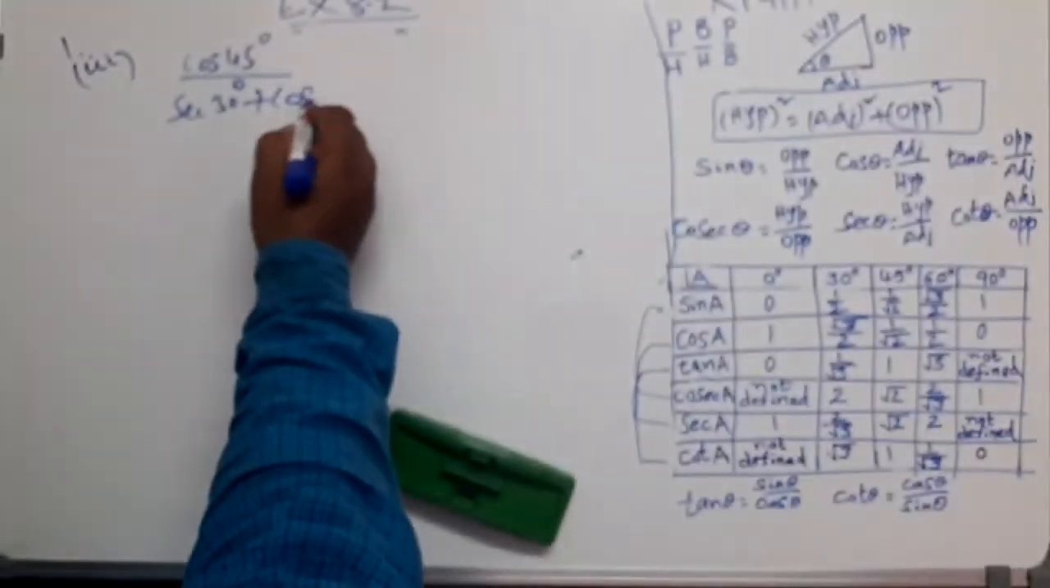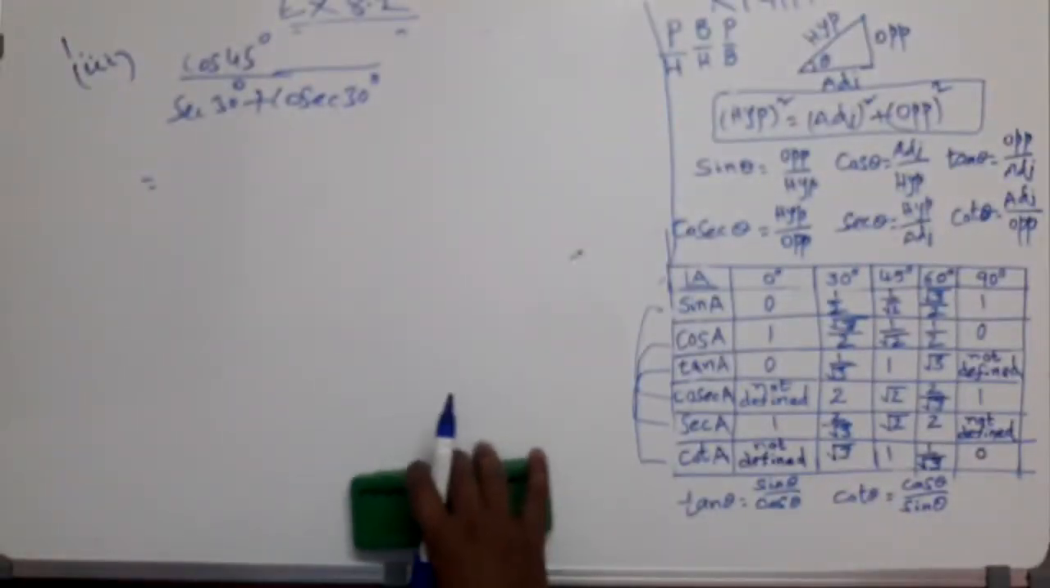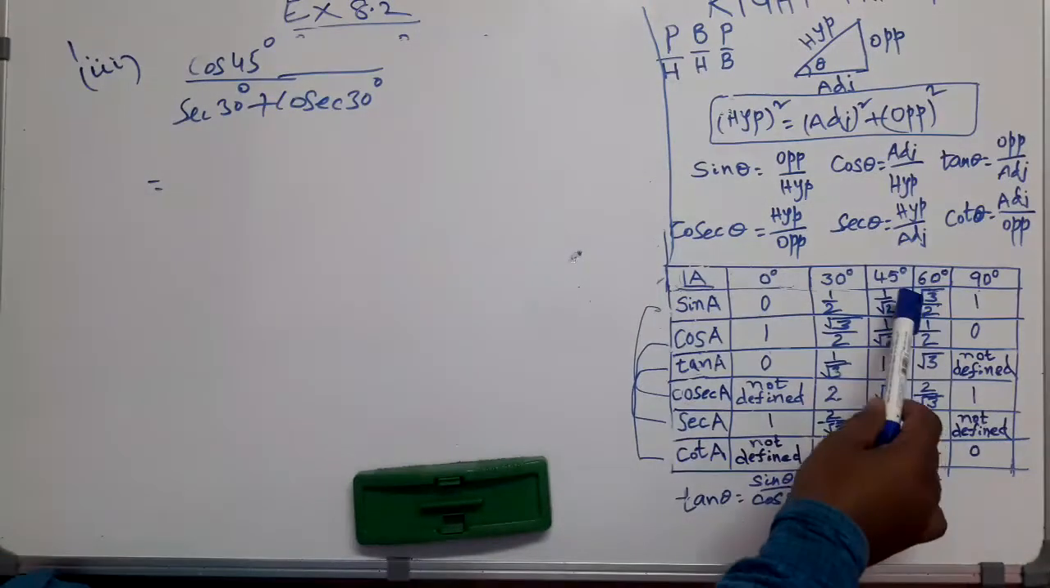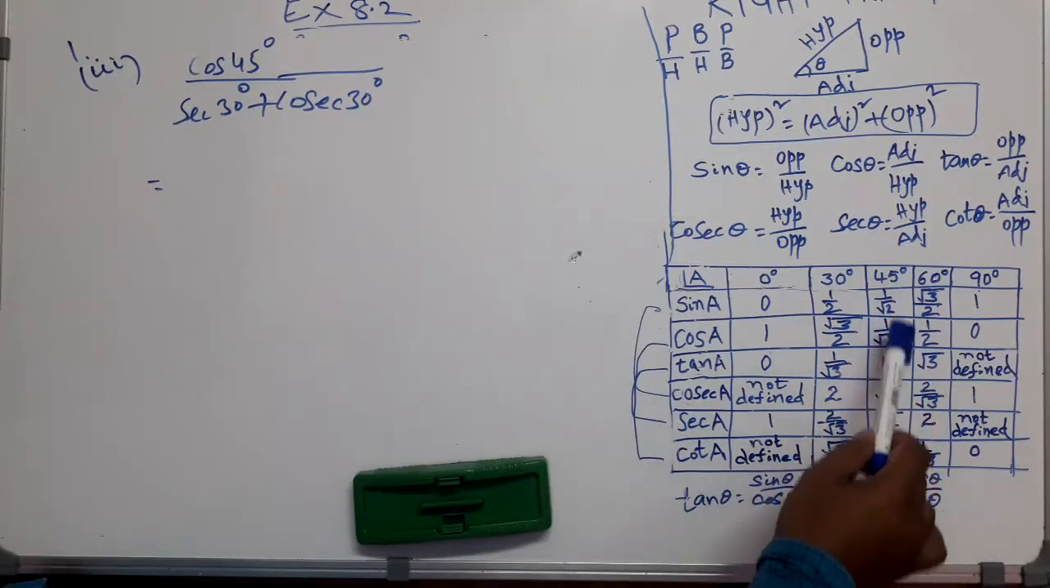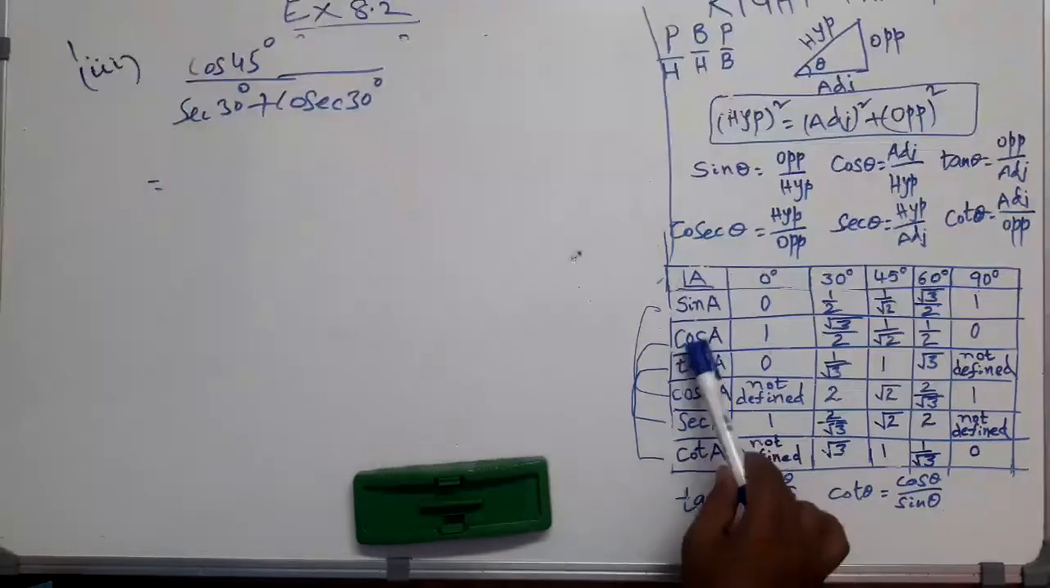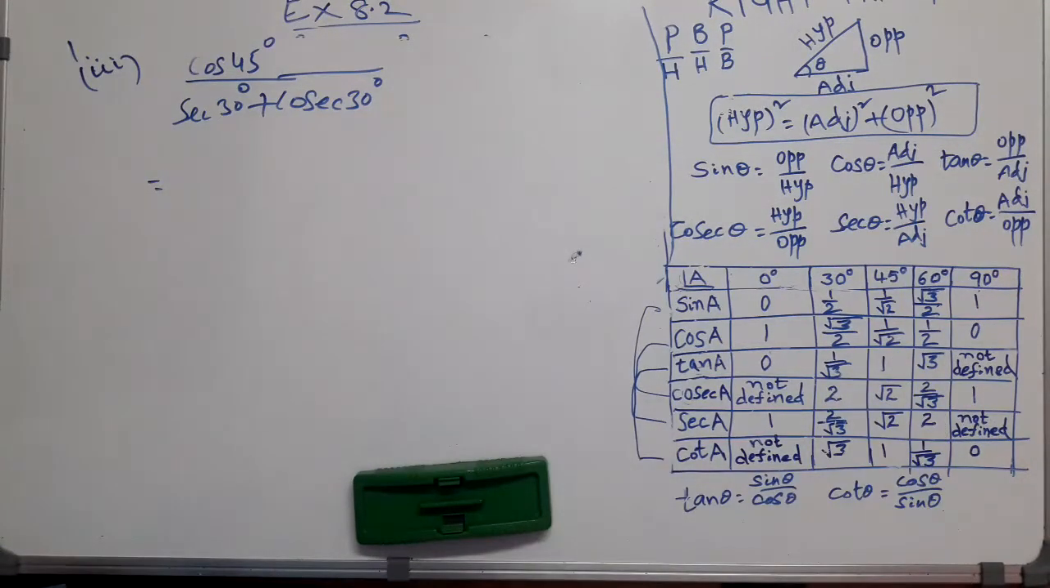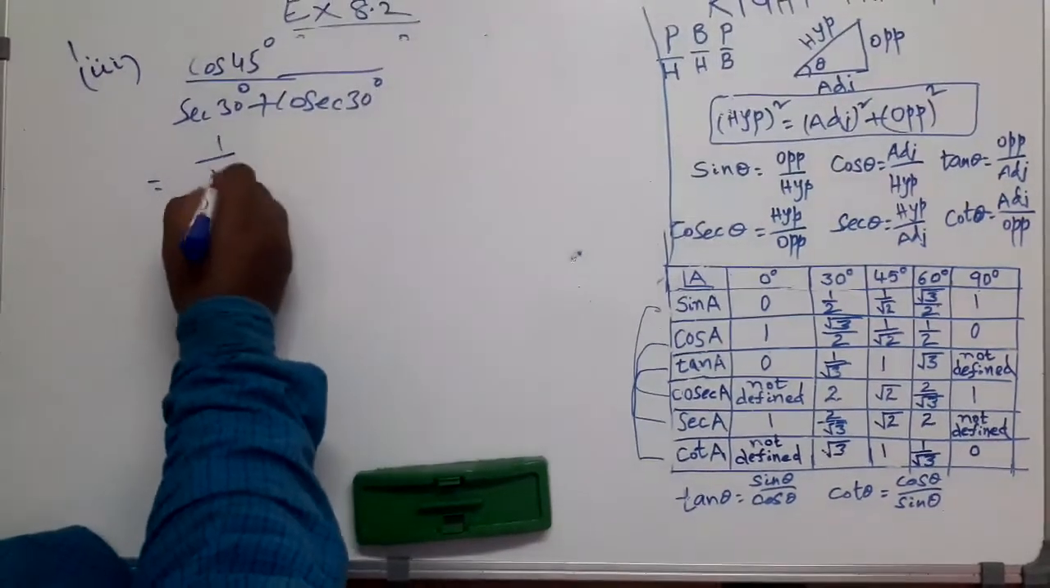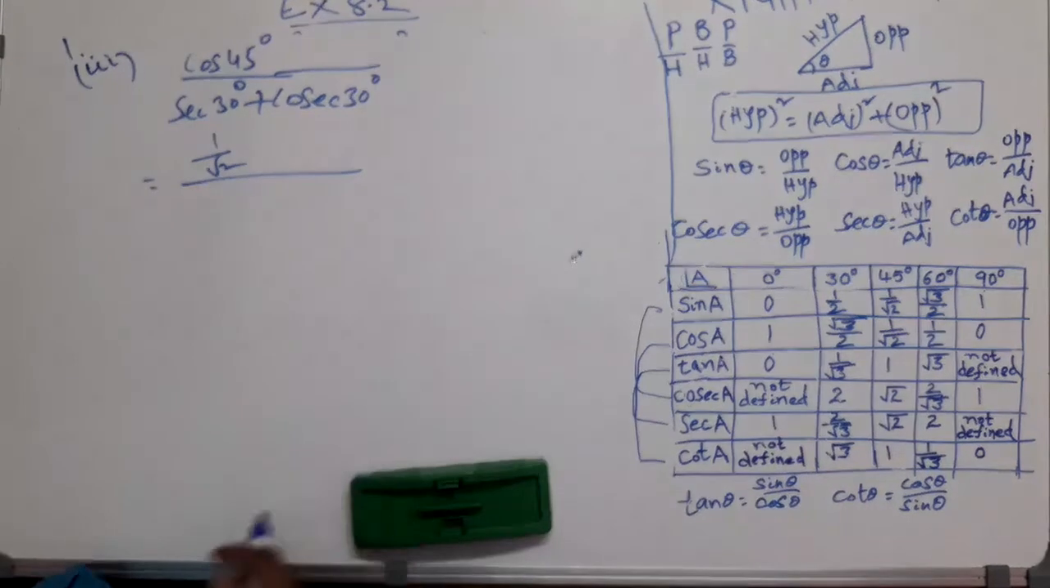Yes, cos 45 degrees divided by secant 30 degrees plus cosecant 30 degrees. That is the question. See this. Yes, cos 45 degrees. Let us substitute the value from the table. How do you remember cos 45 degrees? For 45 degrees, sin and cos are the same, right? For 1 by root 2, 1 by root 2. So cos 45 degrees is 1 by root 2 divided by